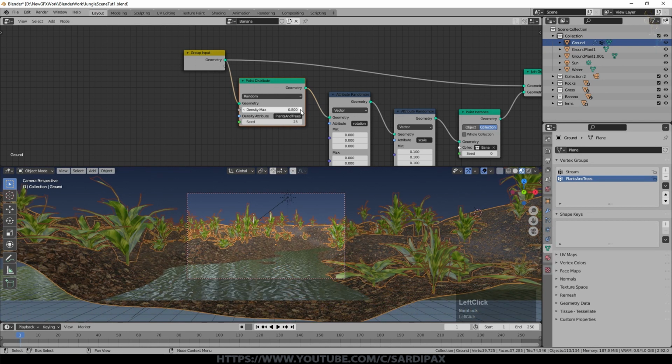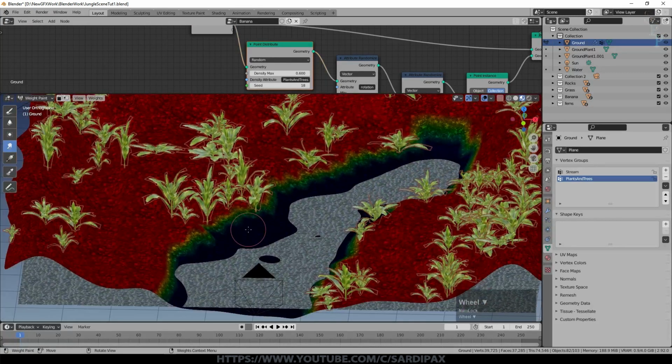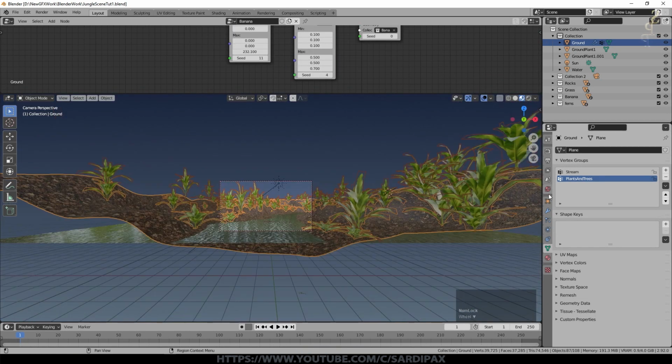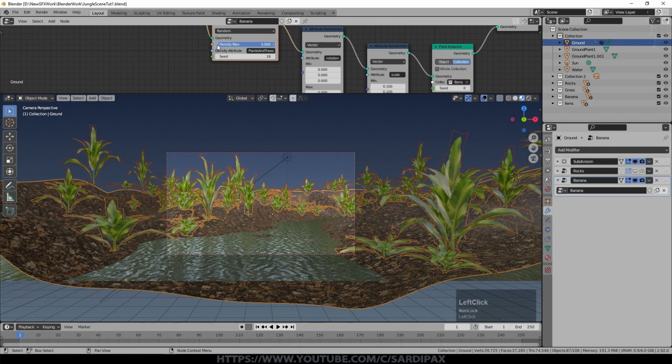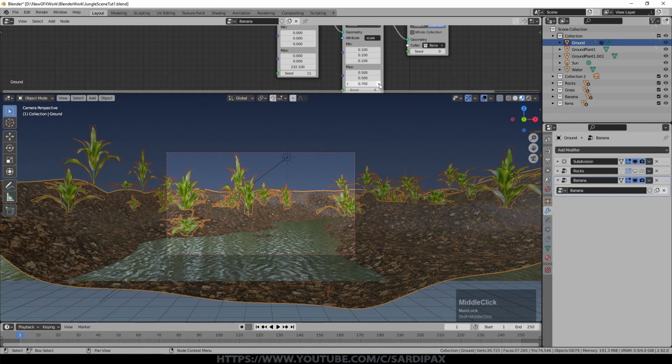And if we play around with the density, we can see what's going on, and we may want to go into weight paint mode because I probably want plants and trees coming right down to the water. So you can see I'm just blurring that weight in slightly. That's just bringing them down the bank. It's good to have variation, so some clear areas and some areas that are not so clear. So that's the banana plants added. So we can do the same process, perhaps turn the number of banana plants down slightly. They are a large plant, and that will mean we can have them a little bigger then as well.